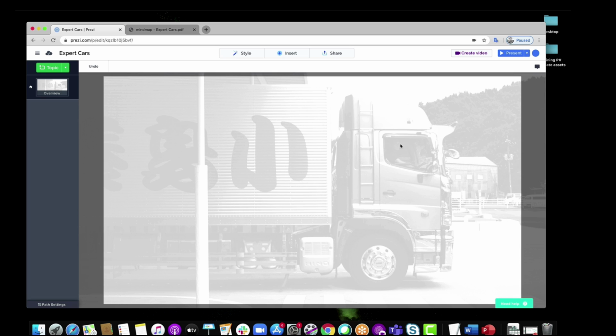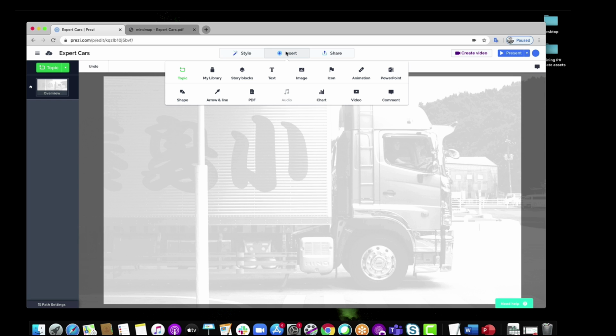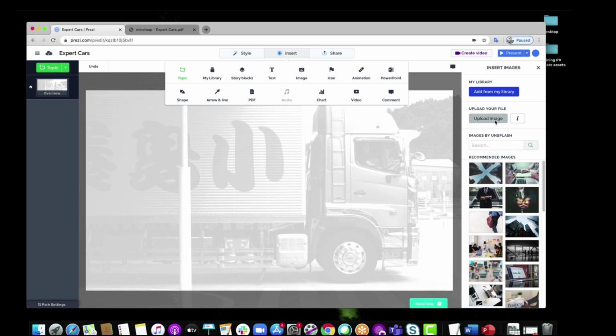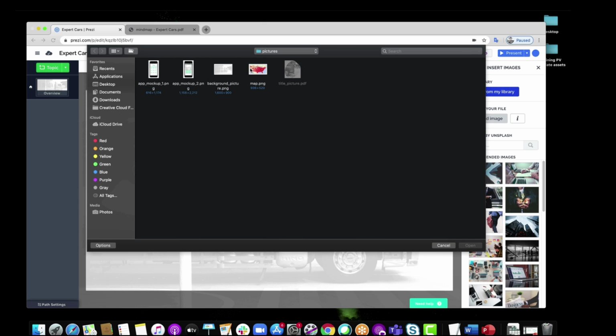Now I have a number of ways I can add photos to a presentation. You've already seen me use the Insert button, so maybe I'll do that again. I'll come up here to the Insert button. I'll come over here to Insert Image. And now what I'll do is I'll upload image, and I'll choose one from my actual folder here. So I'm going to come over here, and I've got one for our logo, which I can come right here to Logos. And I'll just bring in